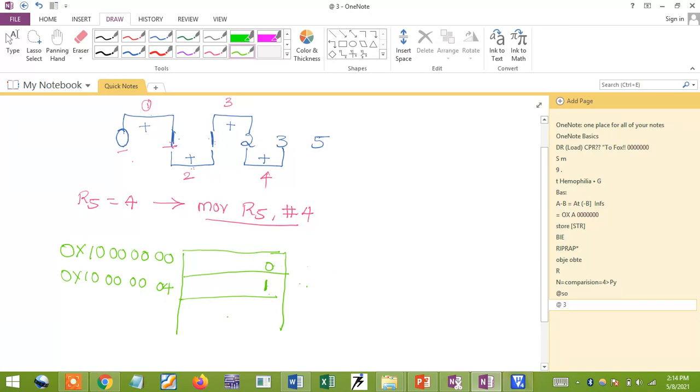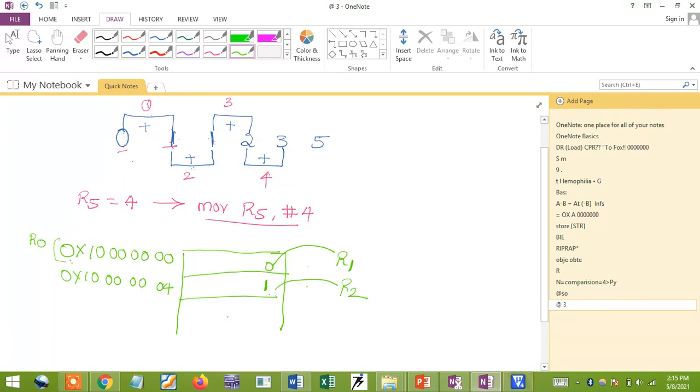See, first I'll load the first value, 0, into one of the registers; I'm going to use R1 here, and the second data I'm going to take in the R2 register. For explanation purposes, I need to load my memory address. In order to load my memory address, I'm going to use the R0 register.